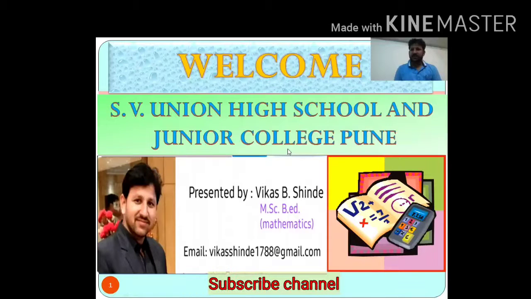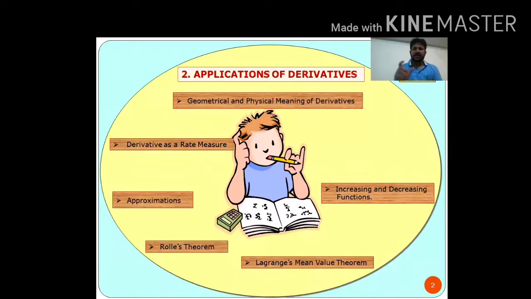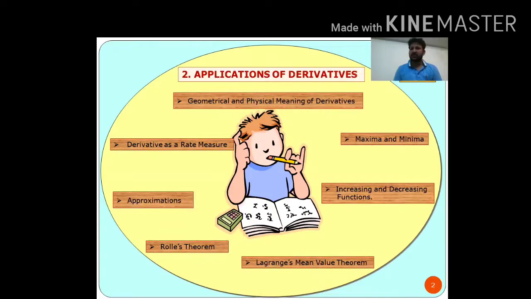Mathematics paper second, lesson: application of derivatives. In this lesson you have learned all the concepts; the only thing remaining is some numericals based on the last concept, maxima and minima. If you see the video list of topics under application of derivatives, video part 5 and part 6 consist of some numericals related to maxima and minima. Today we continue with the next problems.